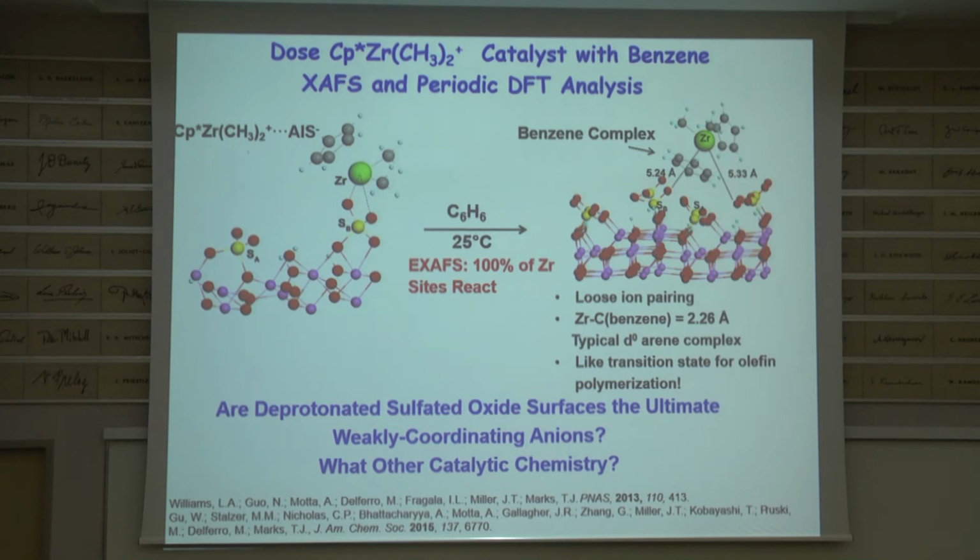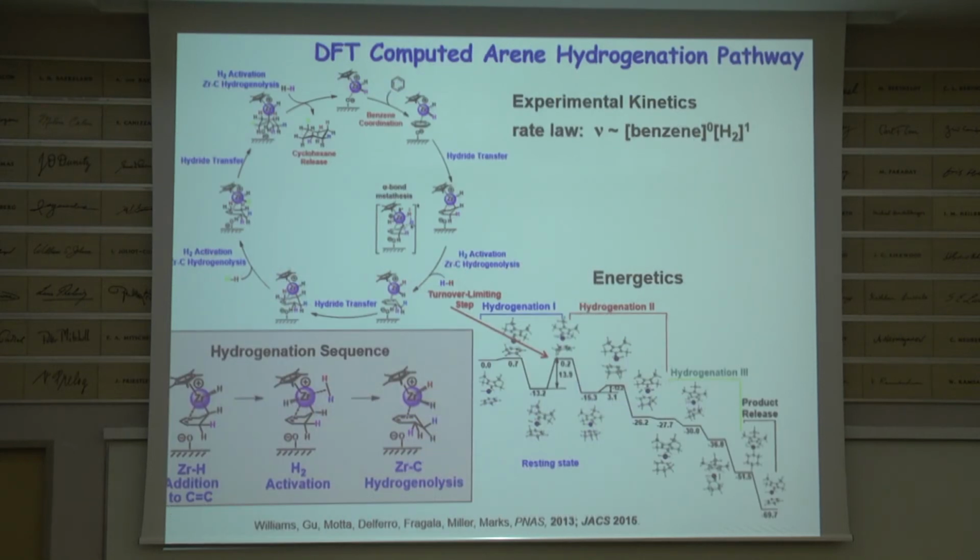One of the things that it asks is, in coordination chemistry, dating back to the days of Alfred Werner, people were looking for the ultimate non-coordinating anion, or weakly coordinating. Maybe something like this is just what the professor ordered. So this is a picture, a complicated DFT. Alessandro worked out the steps. Some of this goes back to work that Morse did with thorium, but basically the picture is that it looks like all the hydrogens are delivered to one face of the arene.